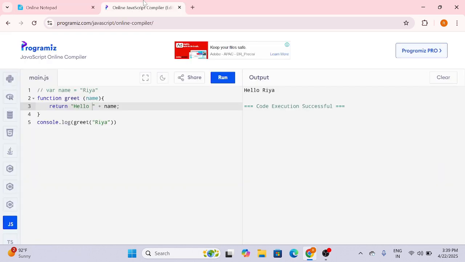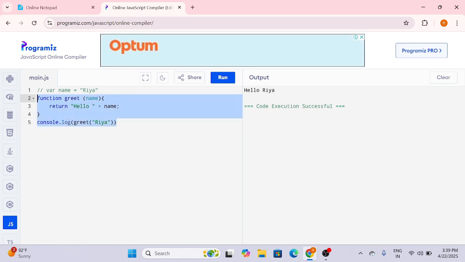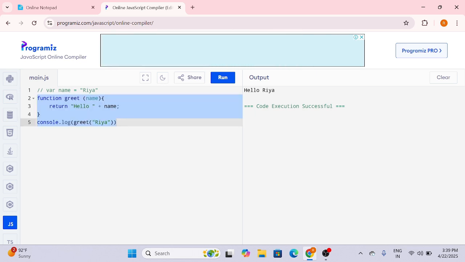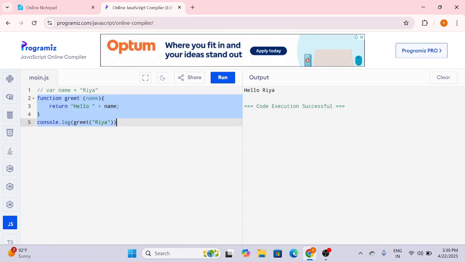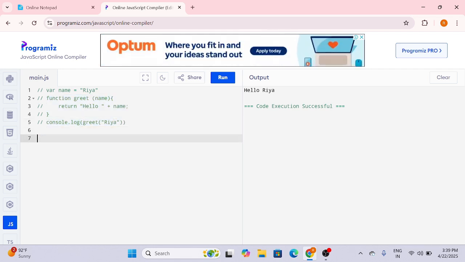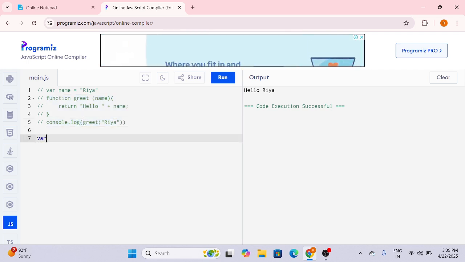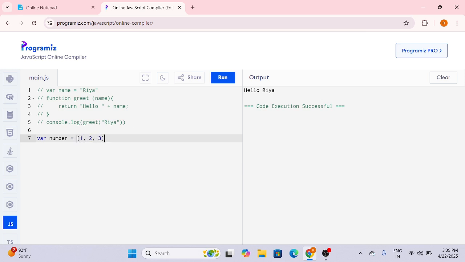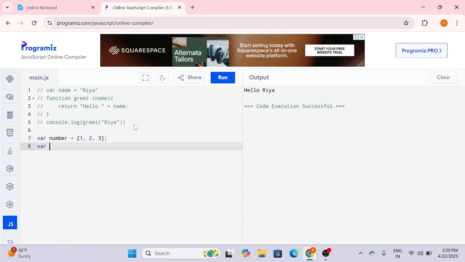I'm writing the code for map. In an array, let's say var number, with 1, 2 and 3, and then suppose we want the square of this number, square equal to